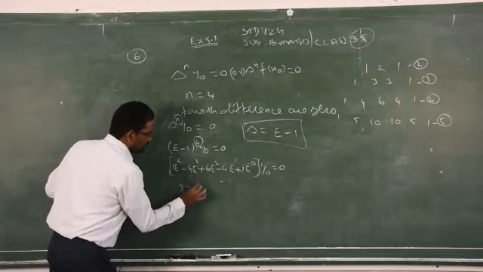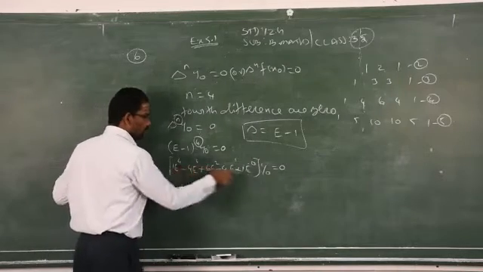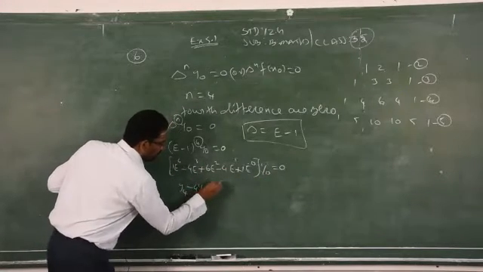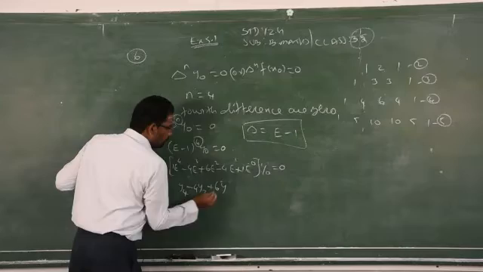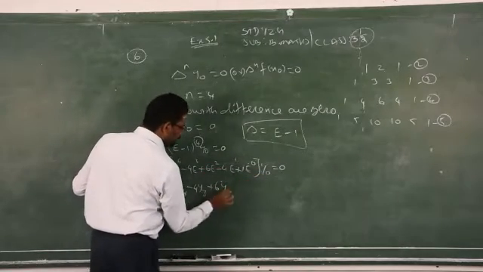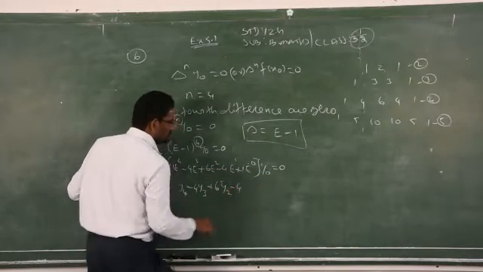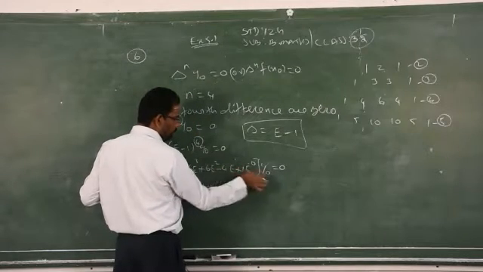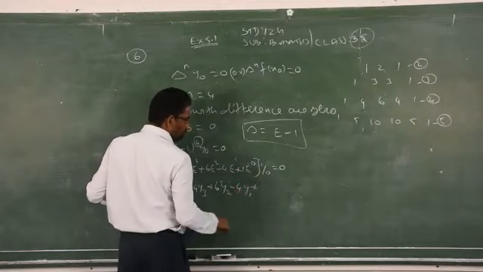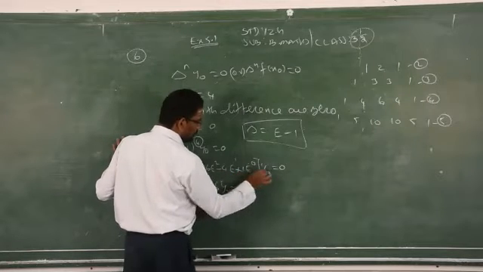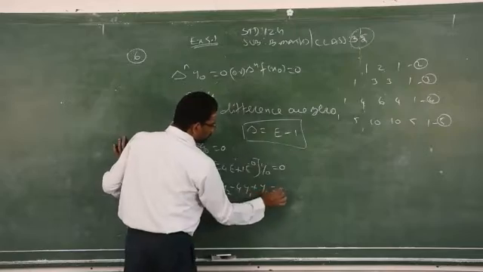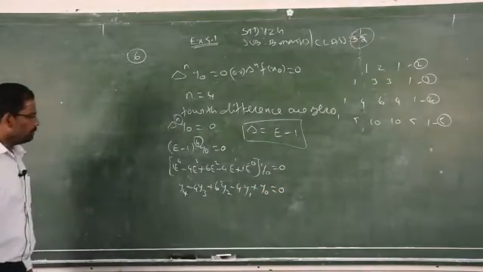Again, the estimator e is replaced by y. 3 plus 0, because we have 0. 0 plus 3, 3, plus 6, e will become y. 2 plus 0, 2, minus, e will become y. 1 plus 0, 1, plus 1 into, that e will become y, 0. That's all. 0 plus 0, 0.